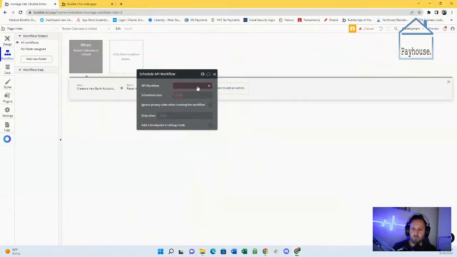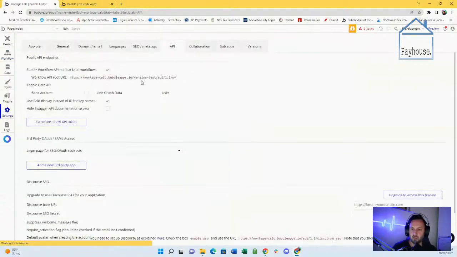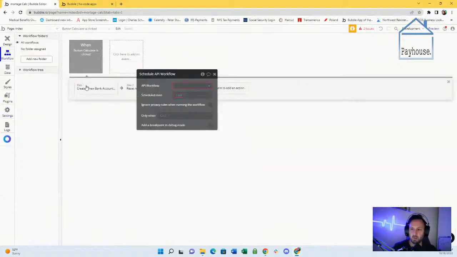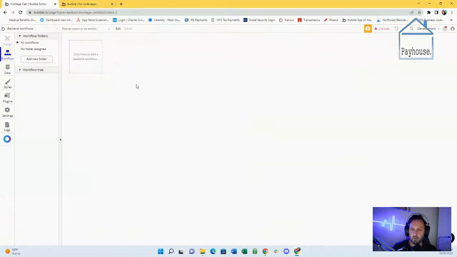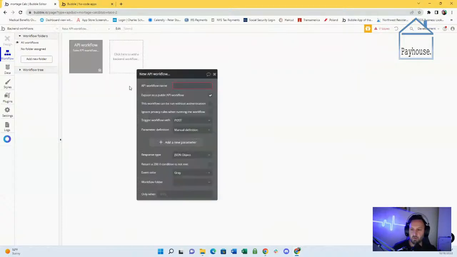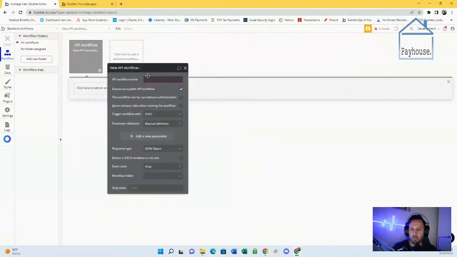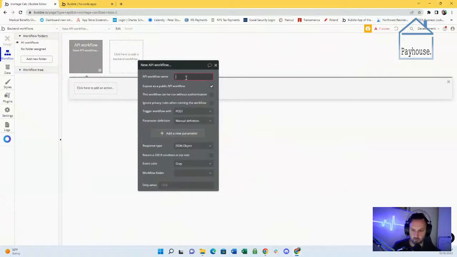All right, so if you click here, you do need to be on a paid plan in order to access the backend workflows. You would do that here. If you enable backend workflows, it'll prompt you to be on a paid plan. And then I'm going to go edit backend workflows, new API workflow, and I'm going to just call this